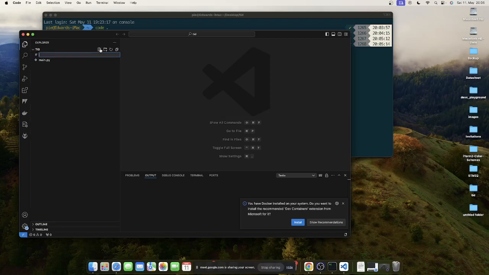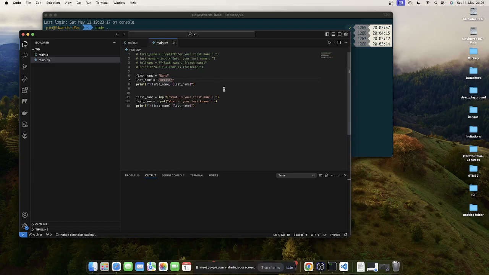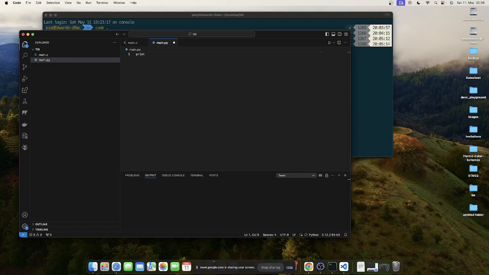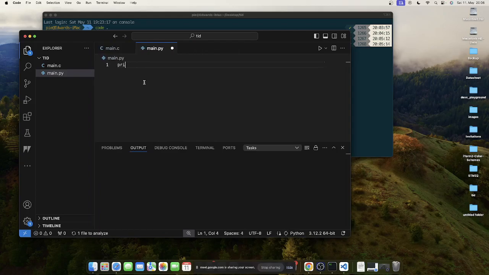So I'm going to create a file. This is not Python, so don't struggle so much to understand it. I'm just using it to make a case for why we need compilers, and to see the kind of work they do for us. I'm creating a file called main.c. And by the way, if you are writing code in C, your file extension should be .c. If you are writing code in Python, your file extension should be .py, right? Let me also increase the font here. This should be legible enough. So I'm going to say print,